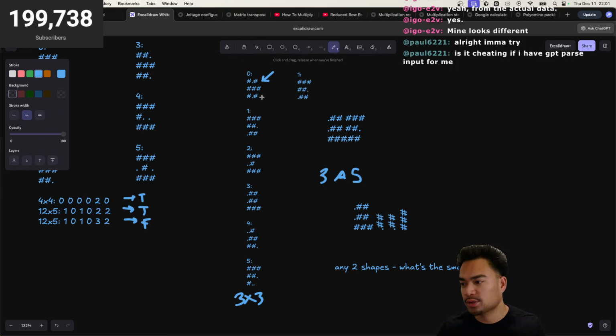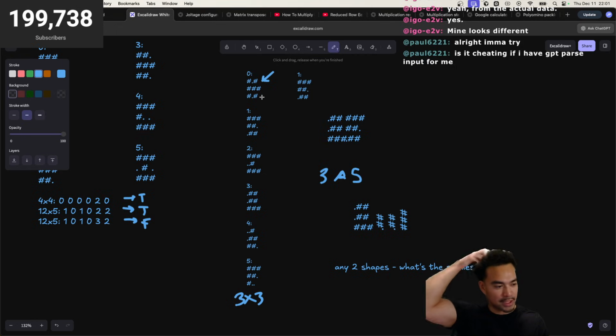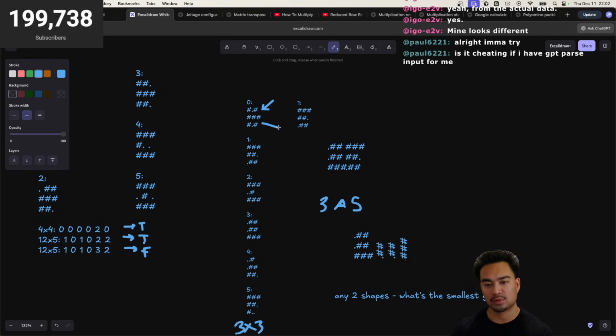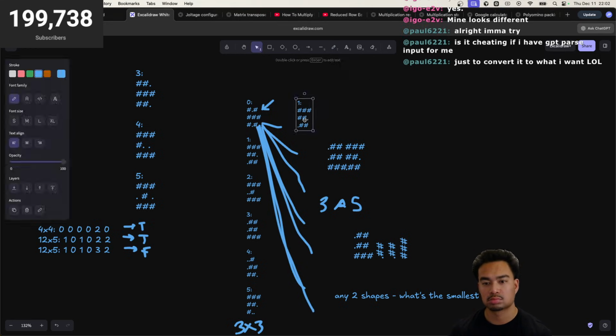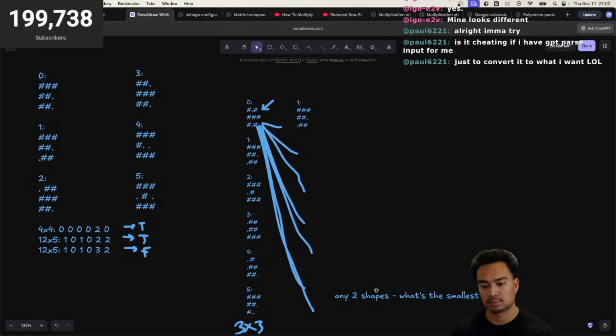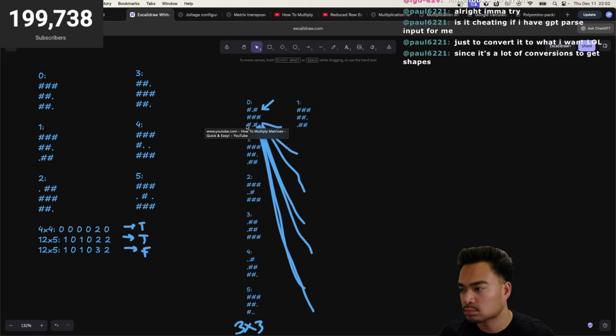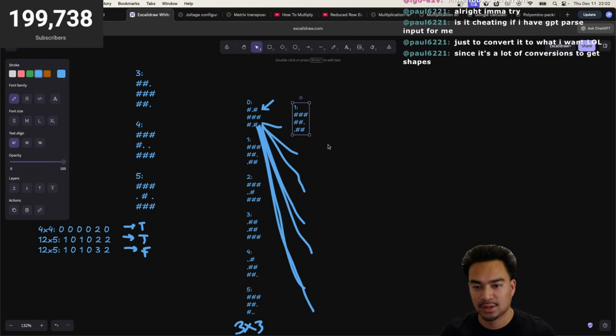Why would you let GPT parse the input? What do you mean by let it parse the input? So all by itself there, but what if it's like 0 tied? We could try 0 with all of the different ones. Oh, you can use GPT all you want, honestly. I'm not gonna use it this time, but